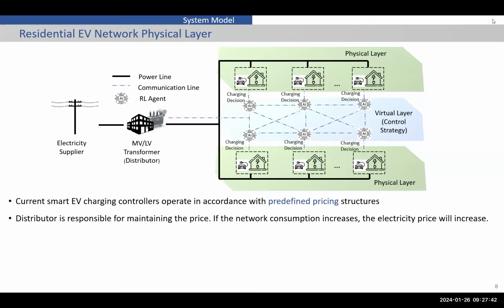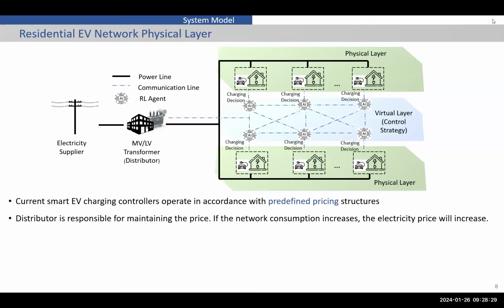And so suppose that each user in this system model has an EV charging controller, and then we put a virtual layer in between, which means that we put an AI agent. We locate an AI agent for each end user, and this AI agent's responsibility is controlling the EV charging of each household. And then these AI agents can have interaction with each other, can have information exchange. And they want to control the system. The whole point here is they want to cooperate with each other to maximize their local profit, and at the same time, they should prevent the overload of the shared transformer.